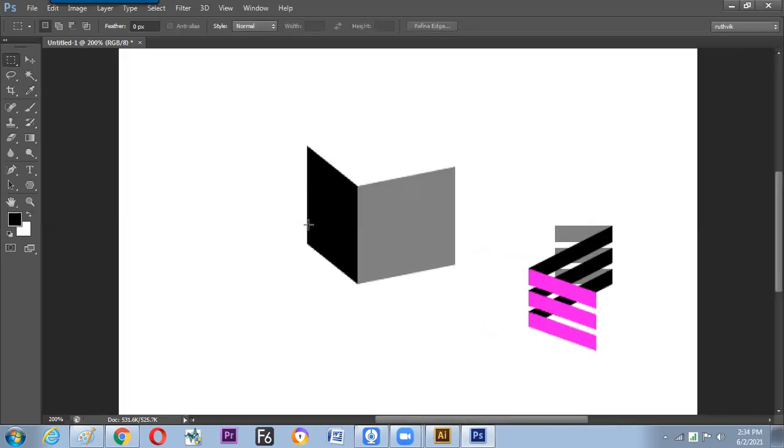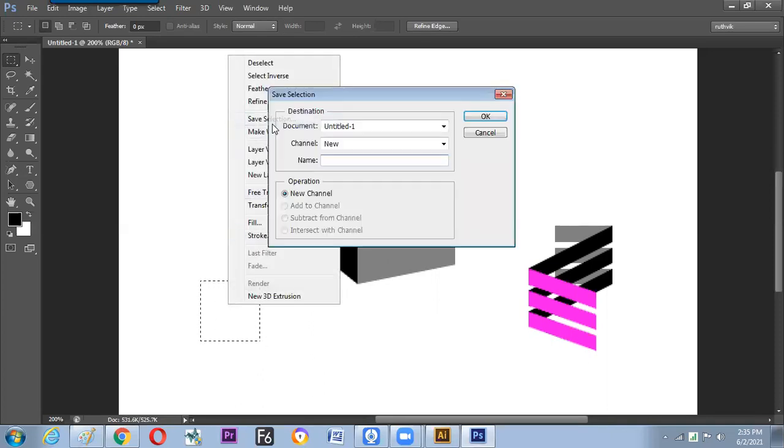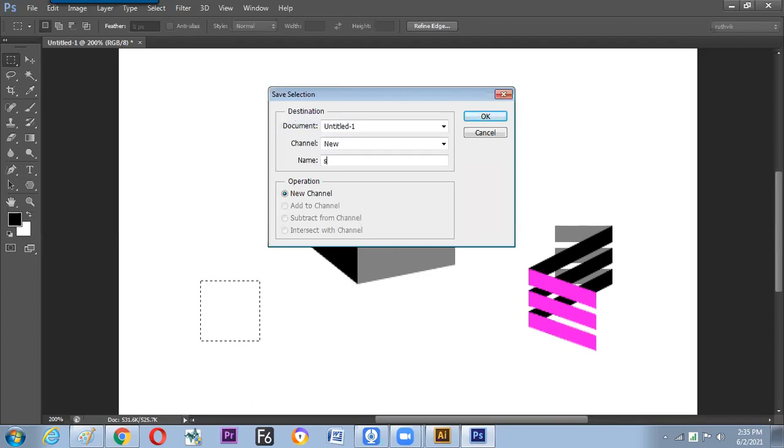So what are the things we have learned, like how to scale? So let us see a few more examples. Same box. But once you have drawn the box, if you need to make the same box exactly in the same place, one more extra option we'll be learning now. We can save this selection. Save selection, like the square, so that next time you won't need to make a similar square.